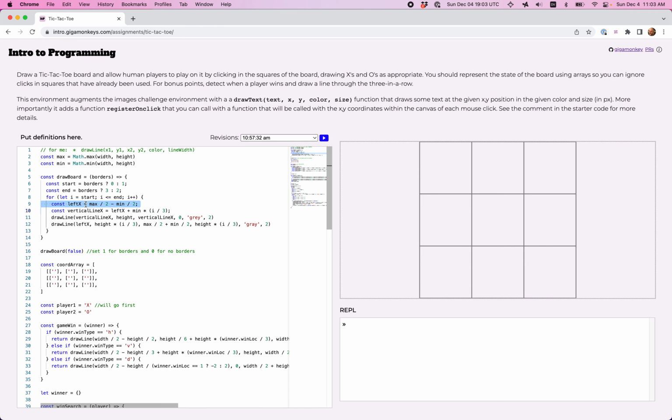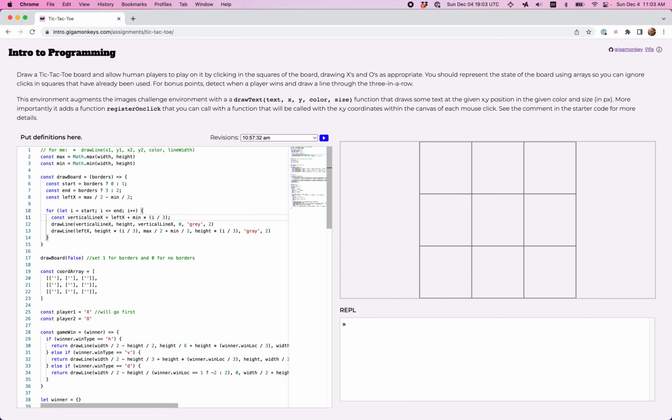And I then notice that left x only depends on min and max, and so it doesn't actually need to be figured out each time through this loop. So I can copy that out and move it up here. Okay, so now my loop is figure out the vertical line x, draw a line from height to 0,